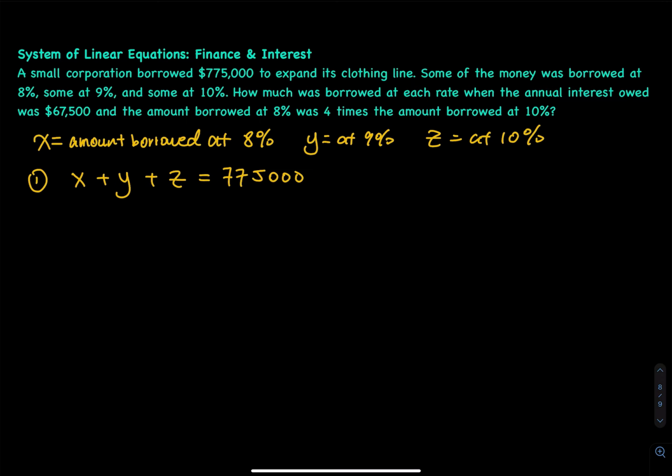And then the interest rates, 8%, 9%, 10%. I can't use 8, I have to put it in decimal. So that will be 0.08x plus 0.09y plus 0.10z. The total interest is